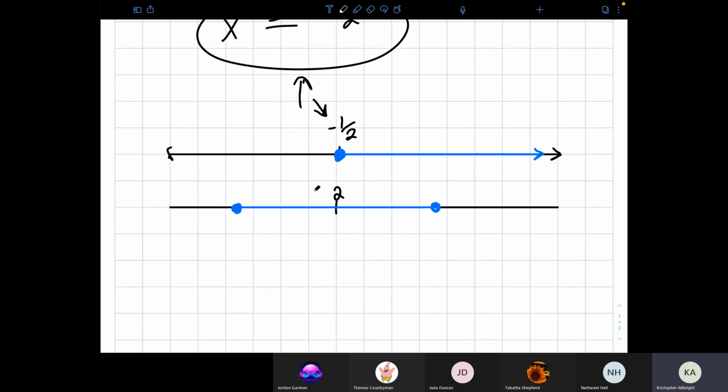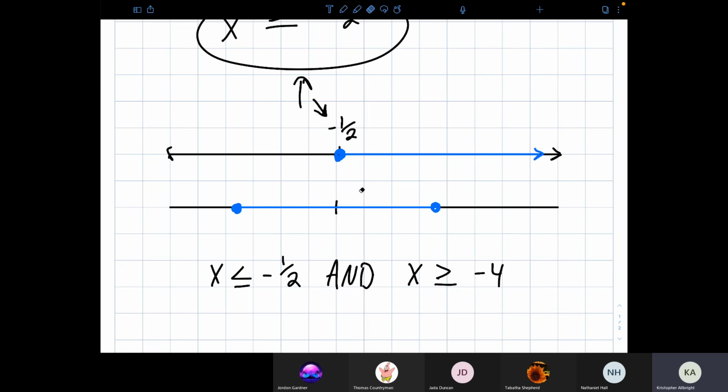This is when you have an and. So if you have x is less than or equal to negative 1/2 and x is greater than or equal to negative 4, and you have an and between them,